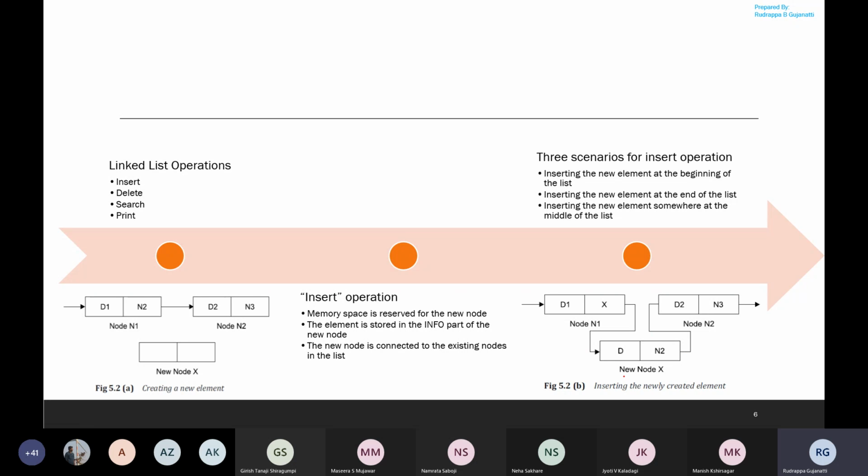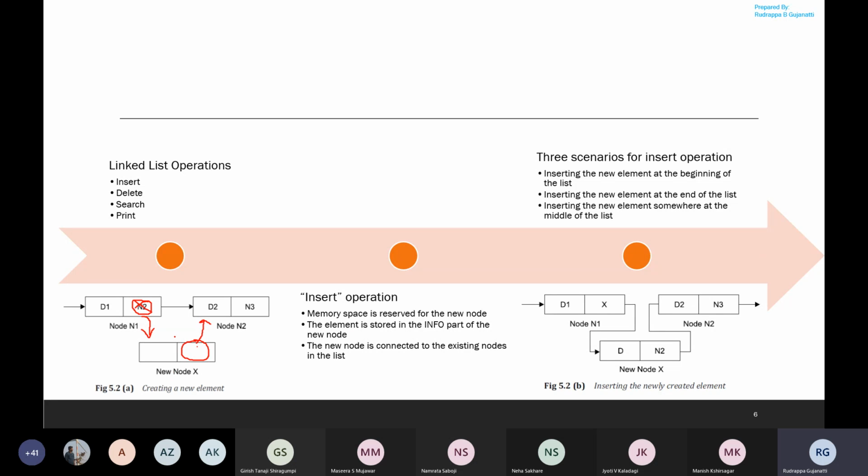Now in this case, we can just observe that the element is inserted in between these two nodes. So at the start, that is before the new node is added, you can observe that here N2, that is the next field of node 1, is pointing to node 2. Now, if I have to insert this new node in between, what happens is this N2 has to be updated. So this has to go and point to the new node. And in this field, right? This field should help us to make a connection with N2.